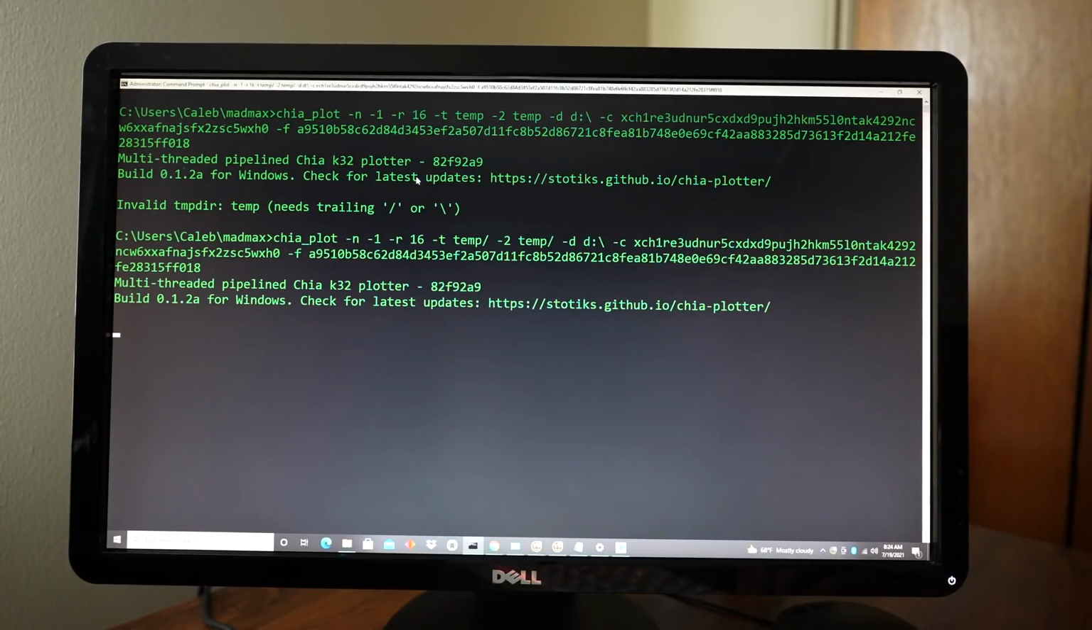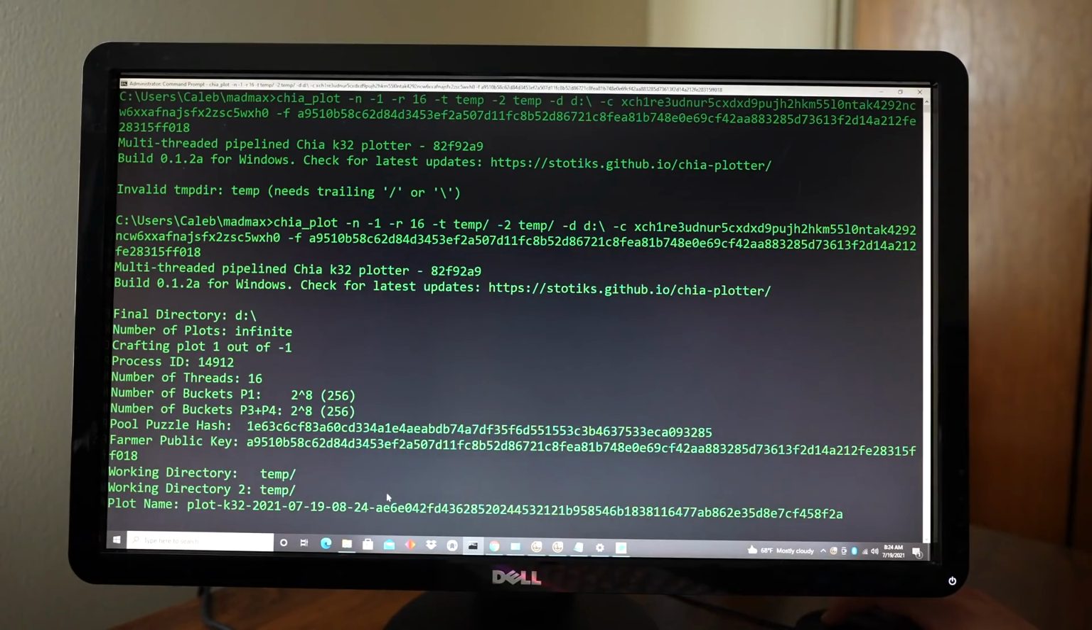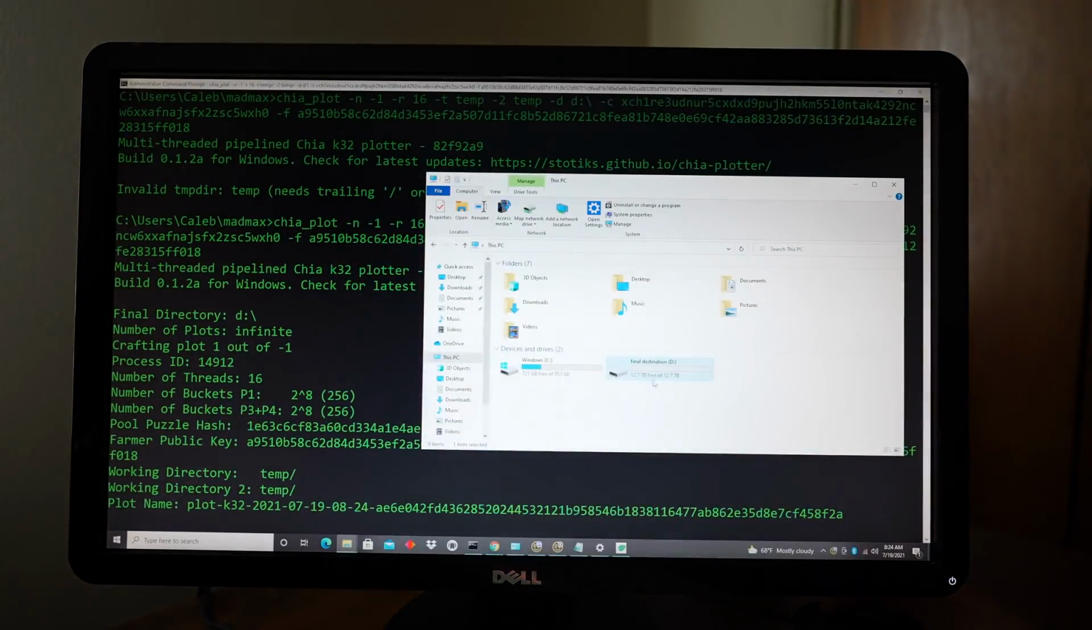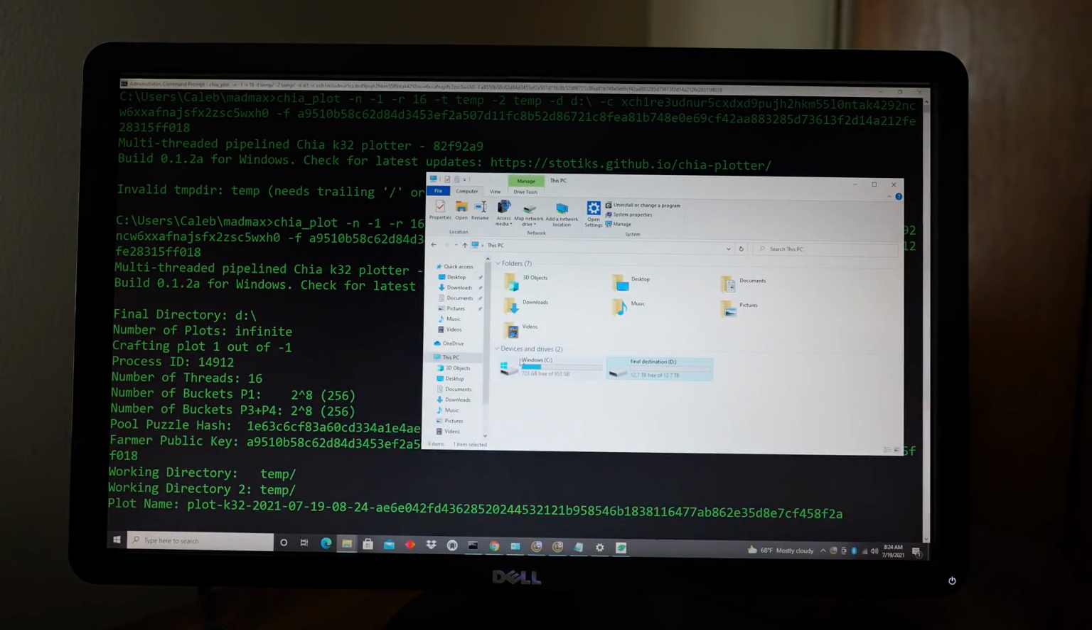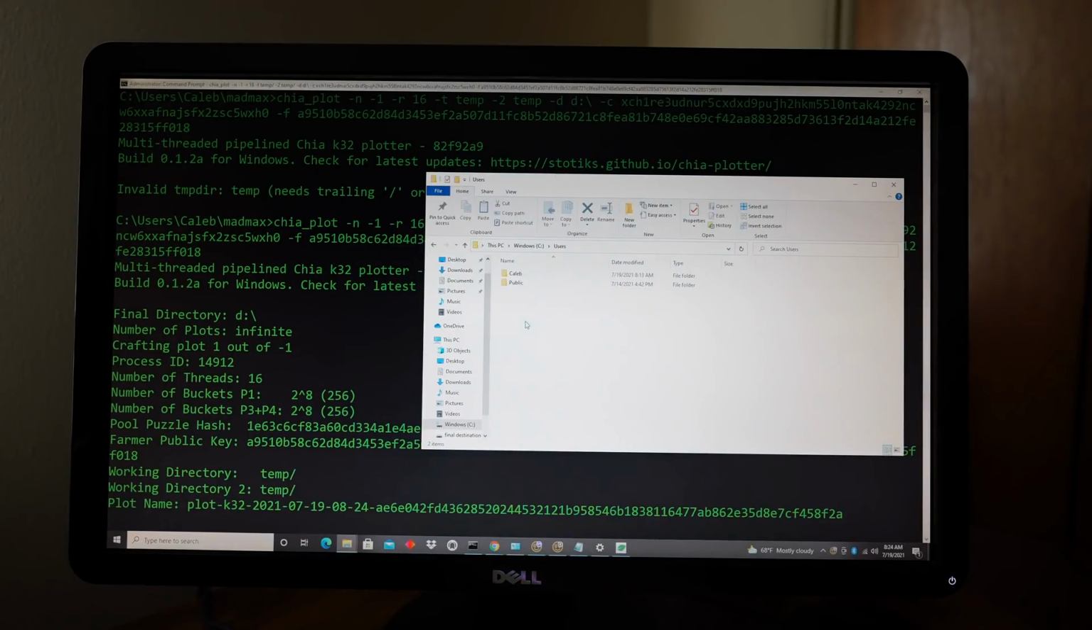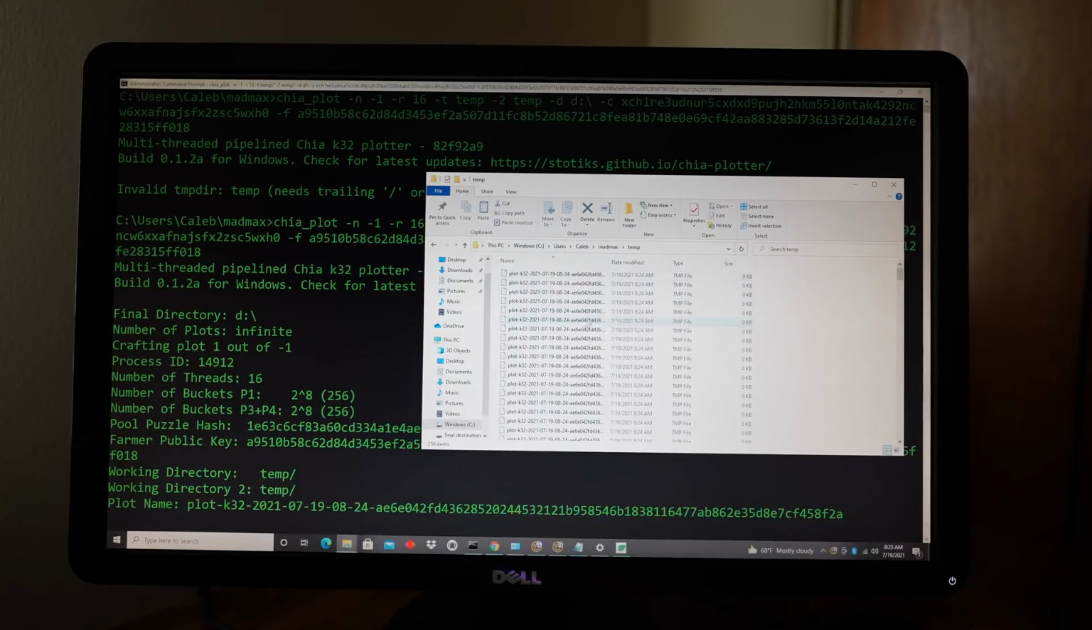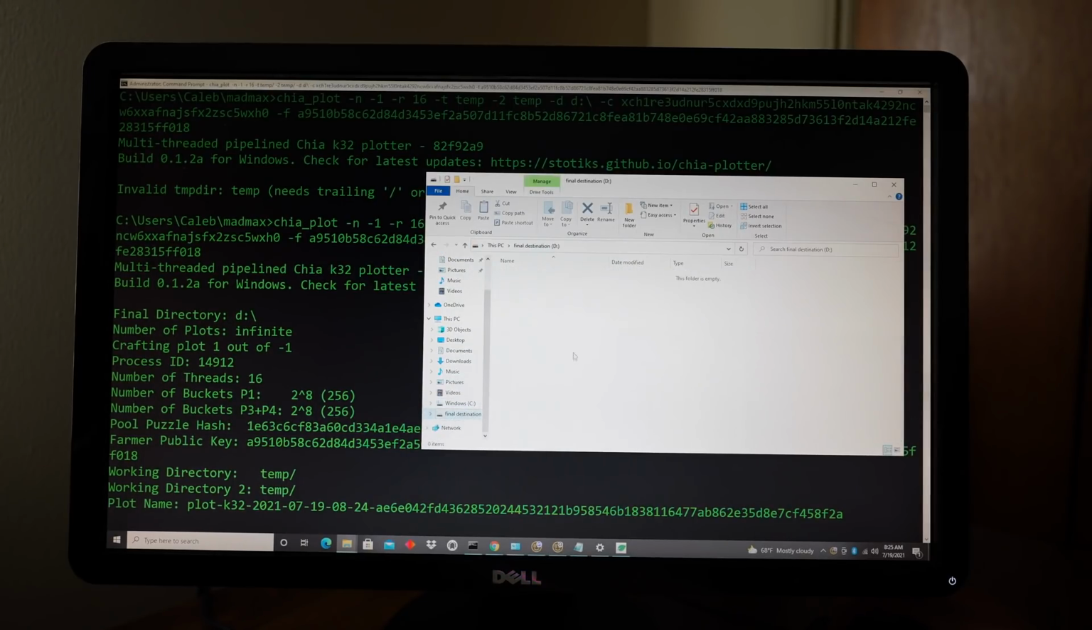Alright, I hit enter, and now it's doing something. I hear my hard drive starting up, and it began the plotting, so we should be able to go into Mad Max. So we'll go into C, users, Caleb, Mad Max, temp. Here's going to create the temp files, and then the final plots are going to show up in the final